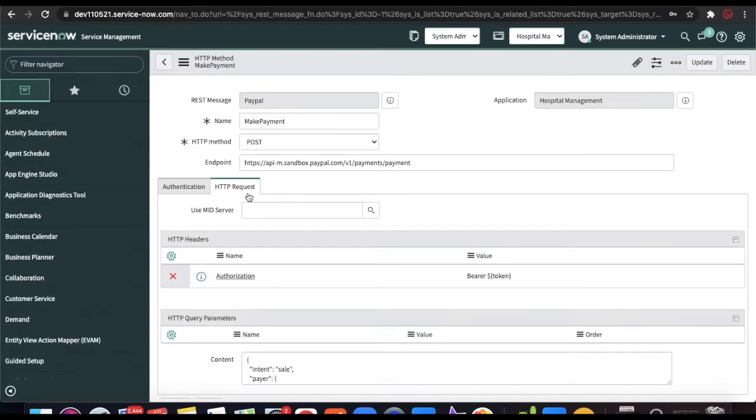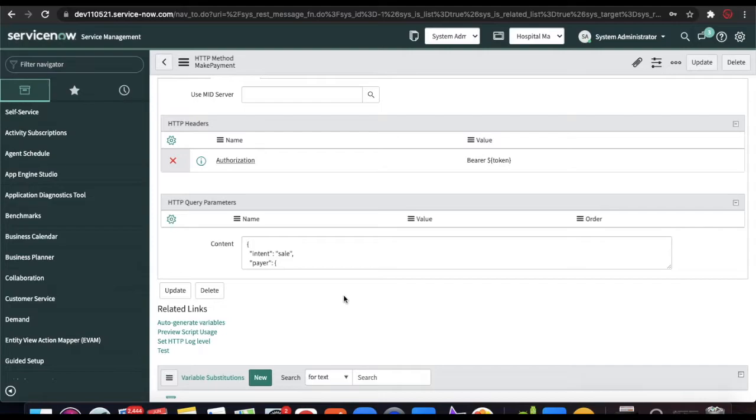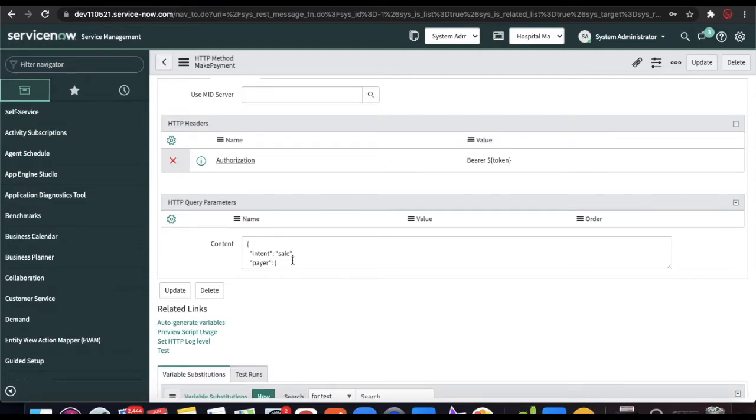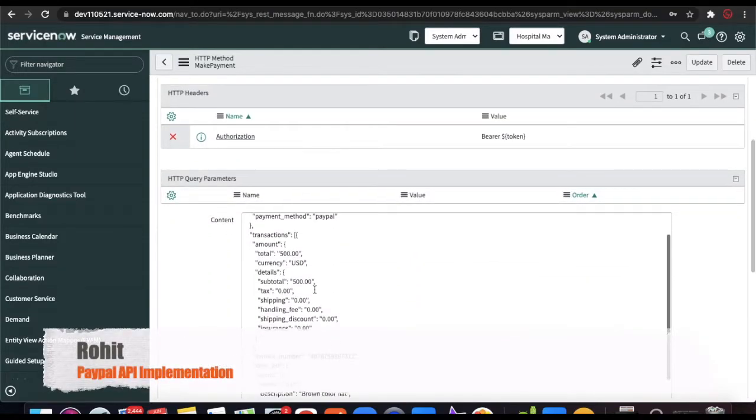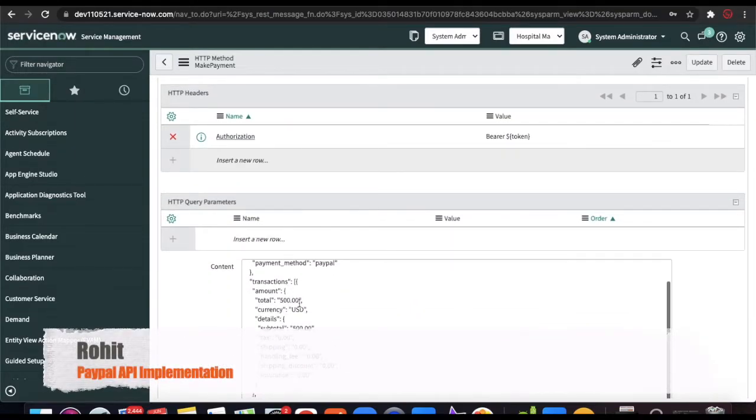Now we have to check two things. If I scroll down the content, we have a total price. This is the total price. We need to change that and replace it with some character called total, and here is the subtotal that we need to replace. So we will put that total,